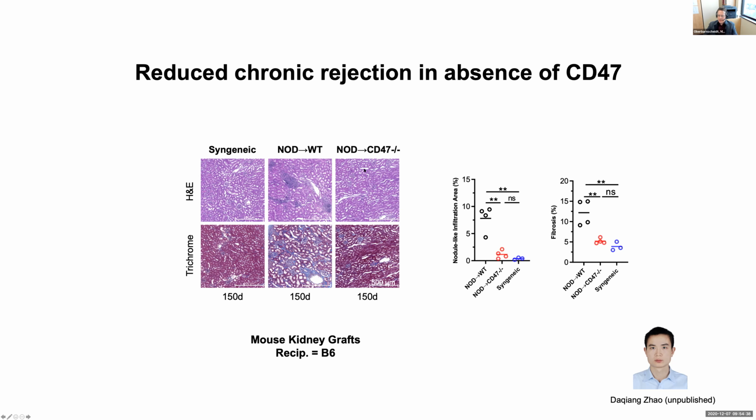And if you compare that with the histology where we transplanted the same allogeneic graft into CD47 knockout recipients, you can see that the grafts look almost pristine. And this is reflected in quantitating the nodule-like infiltration areas, where you can see a significant reduction in the NOD to CD47 knockout recipient transplant, and also in the amount of fibrosis that is present, where here the NOD into CD47 knockout recipient